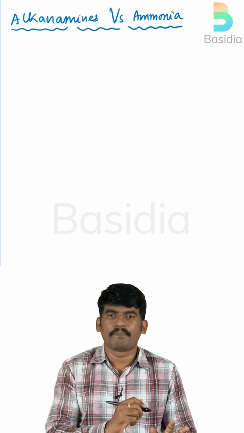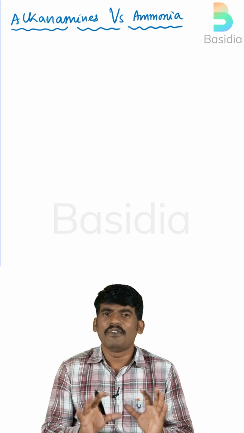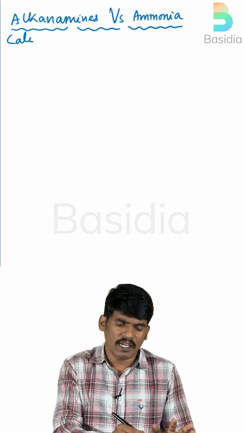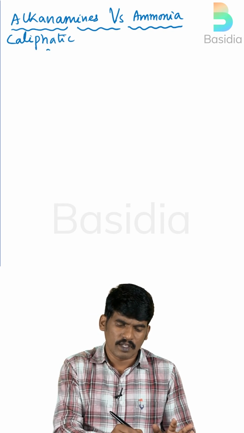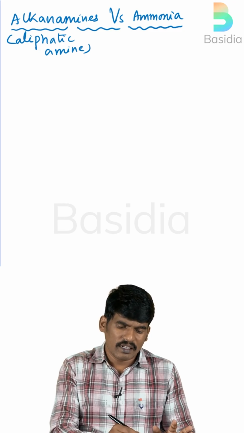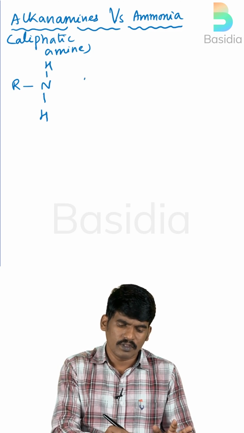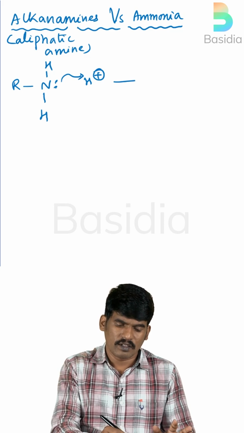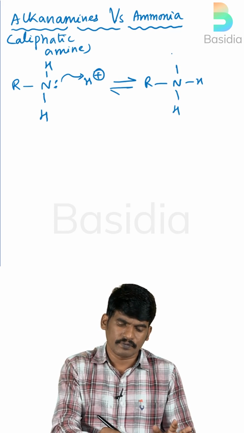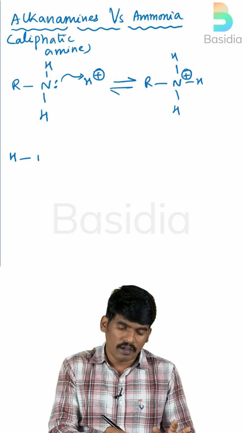Alkanamines versus ammonia. Alkanamines means it may be primary, secondary, or tertiary aliphatic amines. Simply, aliphatic amines. Understood? If I take an aliphatic amine, RNH2, it gives its lone pair or electron density to H plus and forms RNH3 plus. But if I take ammonia,